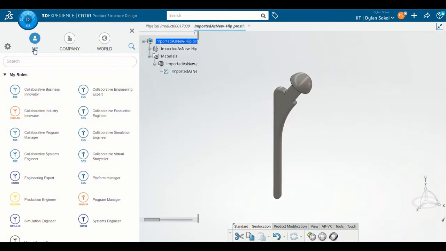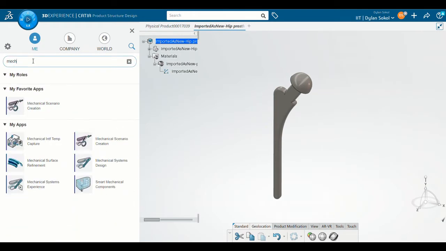With the model open, go to the compass and open the app Simulia Mechanical Scenario Creation.